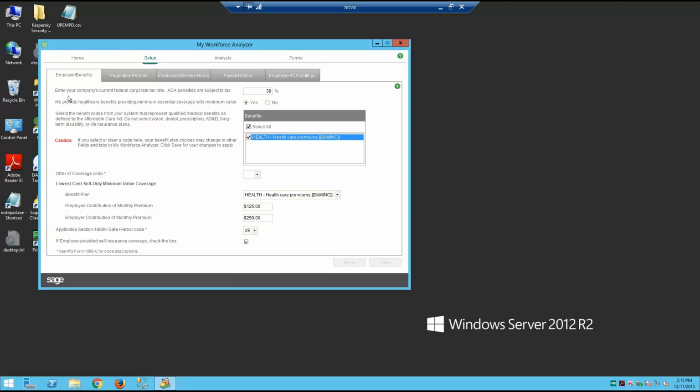The first area of information is talking about the employer benefits, and you're going to be required to put in this detail about your employer and the medical benefit plans from Sage 300 that you have. Now, there are some things that you have to do in Sage 300 Payroll before your benefit plans would show up here in this list. Okay, I will tell you what that is,